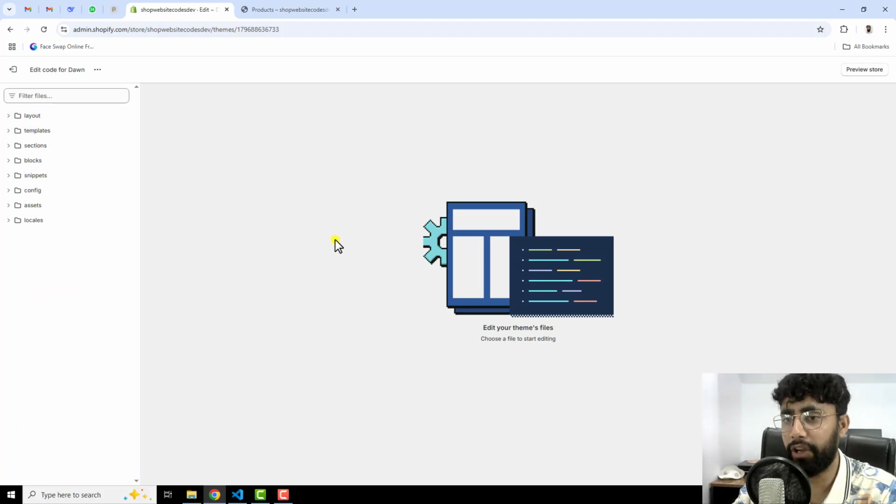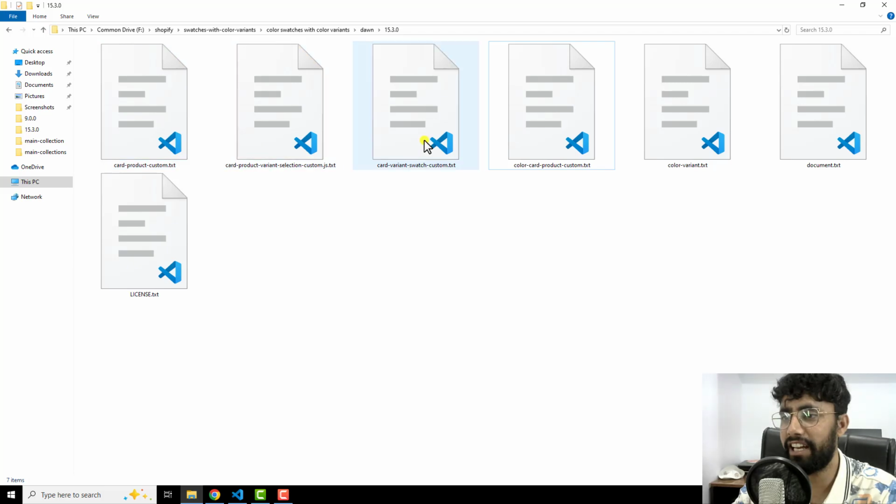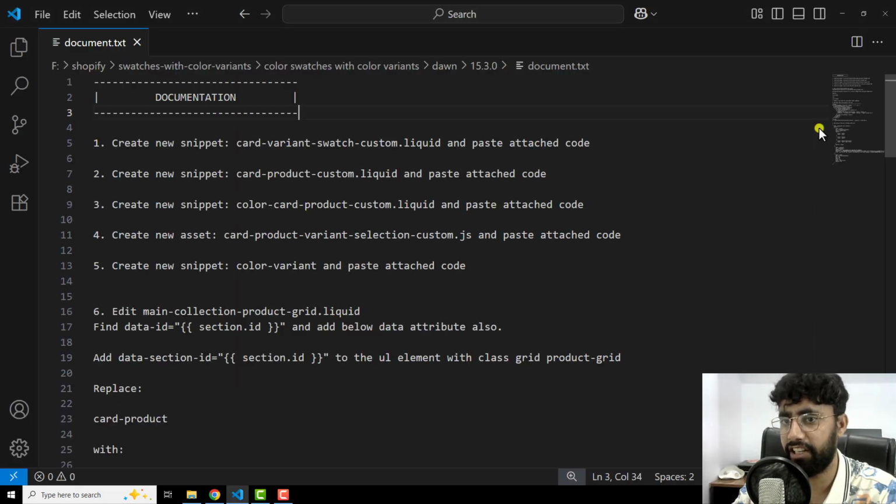We are going to follow a documentation. I have already given the link below in the description. Once you click on that link, you will get all these files. Firstly, open document.txt. Inside of this file, I have already given a lot of steps very clearly. The first step is to create a new snippet